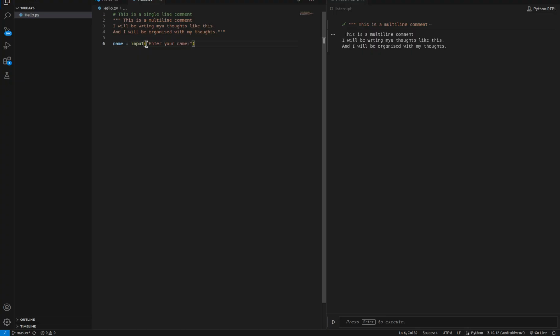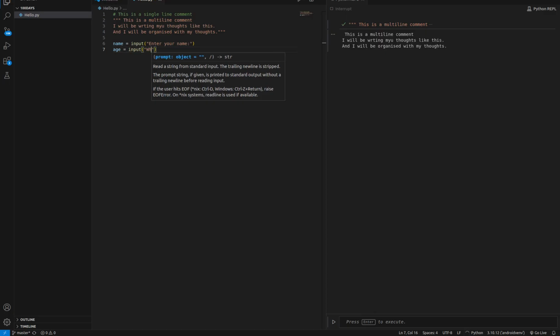For example, if you're creating a game and you want it to be interactive and you want the user to sign in and to be able to track their data, you can ask them for their name and their age. Oh, sorry, that's a function. We'll learn that later. What's your age? Oops, there. Okay, and when we run,